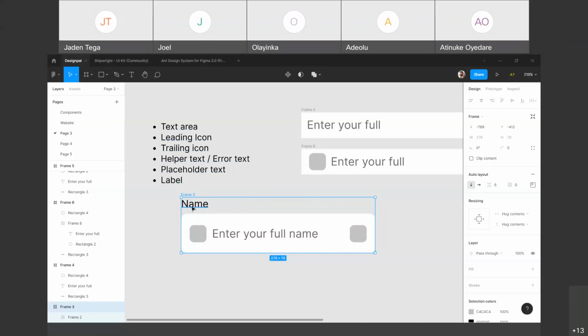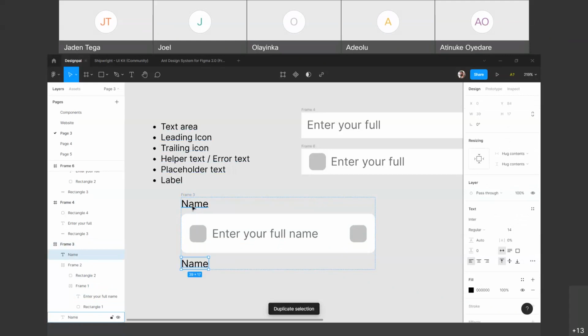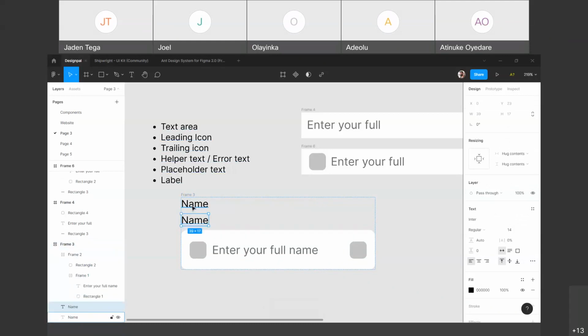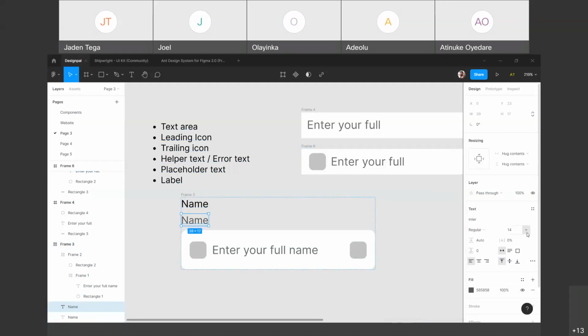The helper text most times is at the bottom. Some people put it here, and it's always more often than not a lower contrast. Some people make it a lower size as well, but you can decide to, you can say maybe it's some kind of